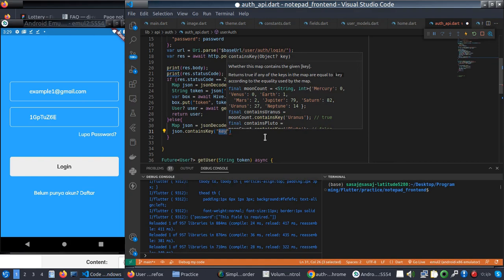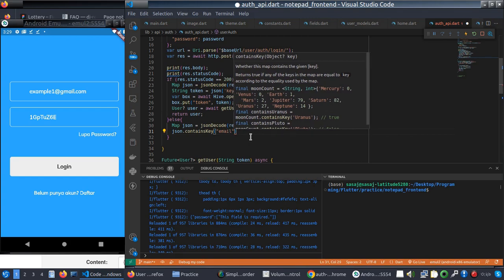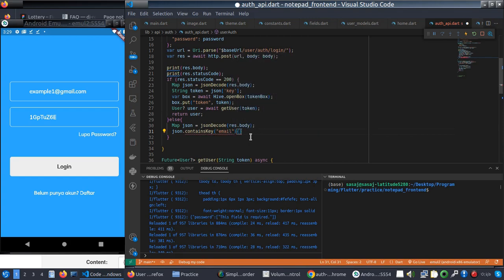If the contained key is email, this means it contains the key to get an email, and if this is containing an email, this means an error related to email. And if it is an error related to email, we can return this JSON